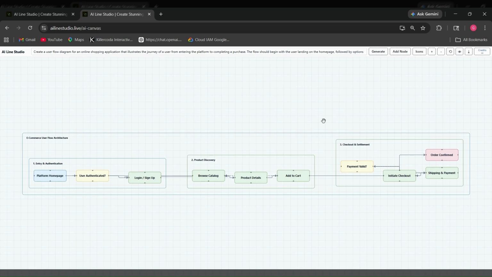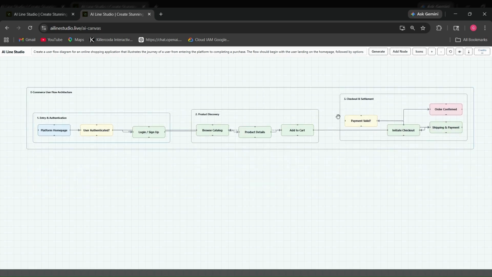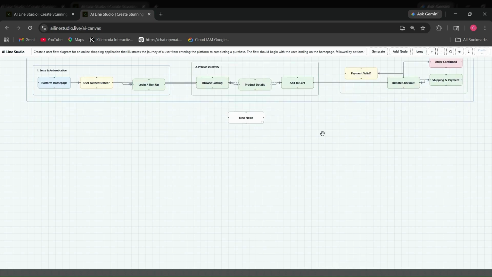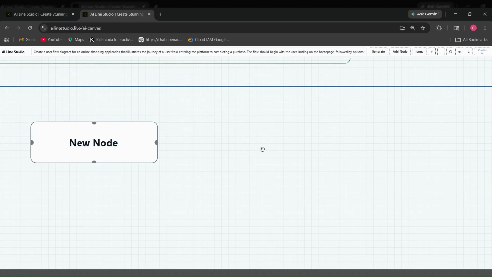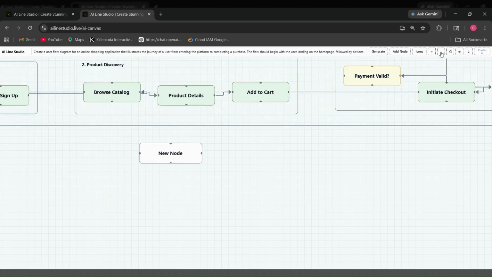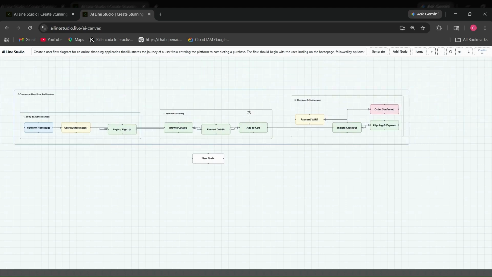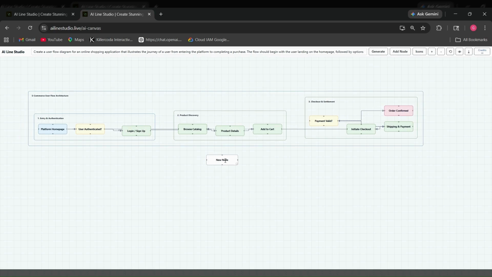Today we are talking about how to add a node. I can drag and place this diagram anywhere and click on the add node button over here. This node would be added. I can place this node anywhere on the canvas. Now, if I have to update the name of this, I can change it, for example to notification.